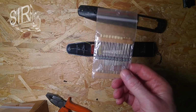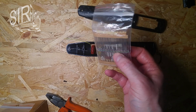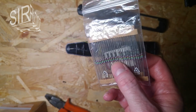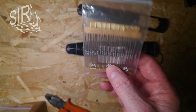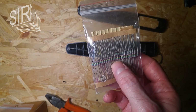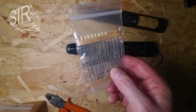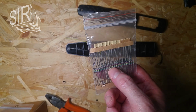Okay, I have 2.145 megohm resistors here, and I want to use these to divide down around 600 volts, because maybe it's not 600, maybe it's 800 or 1000 or 1200 or something, and my multimeter just accepts a maximum of 1000 volts, and I don't want to screw it up. So I make a high voltage divider, and one resistor